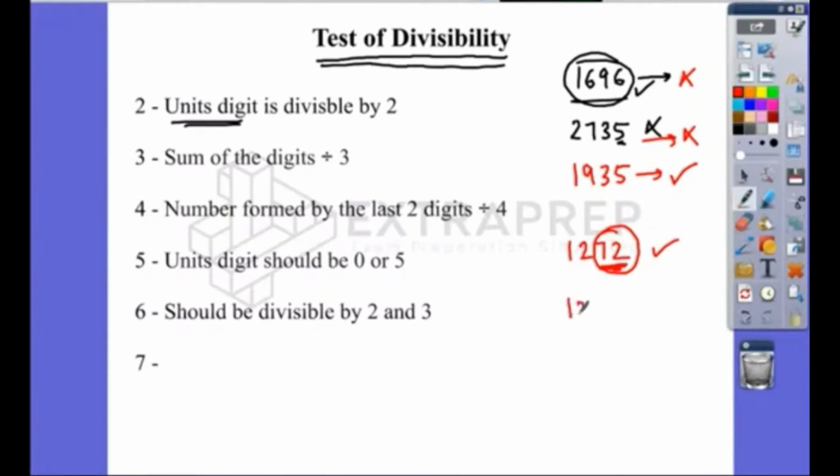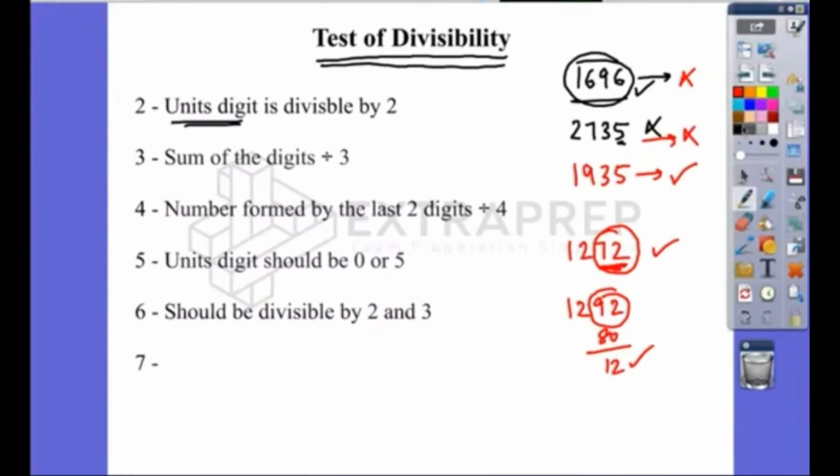Even if there are complicated numbers like this, say 1292, you want to check if it's divisible by 4 or not. You'll have to check the last 2 digits, 92. If you do not know the table of 4 until 92, the best thing to do is cut down, subtract any number that's divisible by 4 for sure. So from 92, I know that 80 is divisible. If I subtract 80, I'll get 12. So this is definitely divisible by 4.